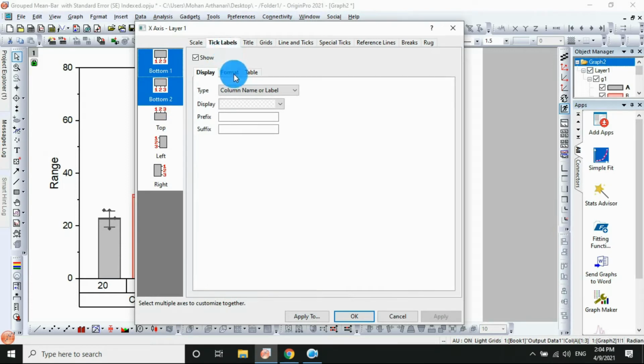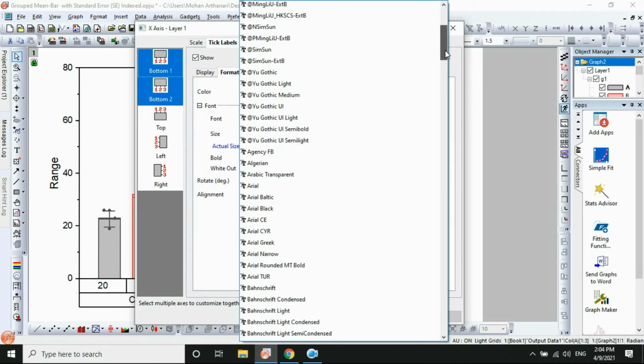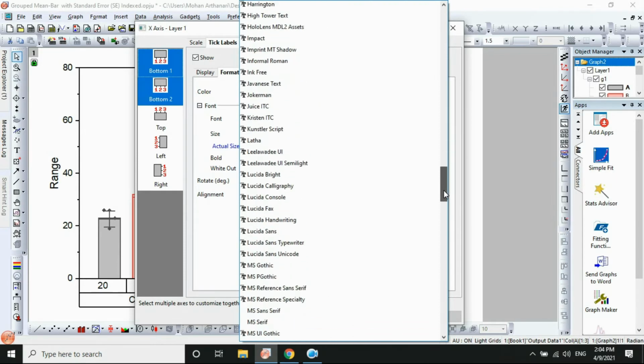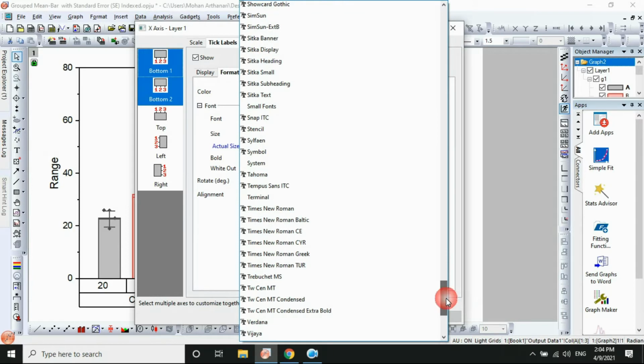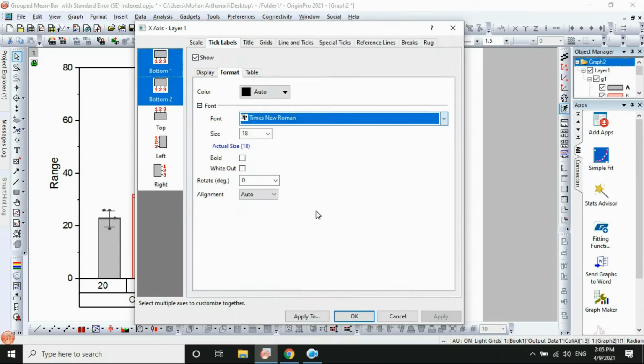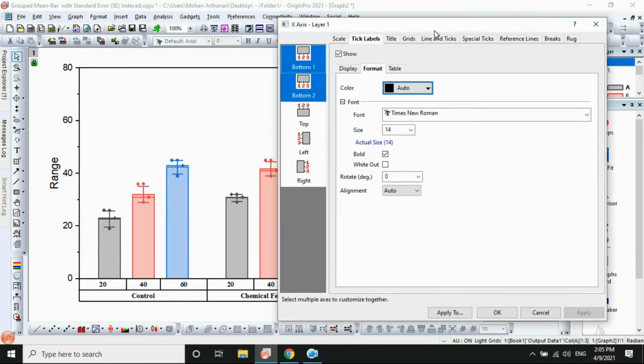Tick labels, then go to format, change the font menu. I am using Times Roman, then size 14. Click bold, then apply. Now see that our font has changed.